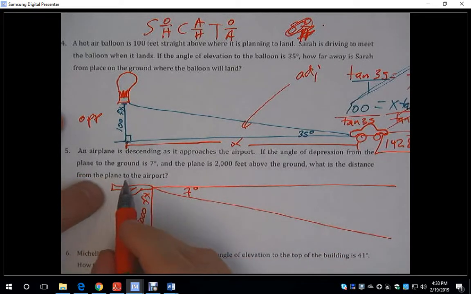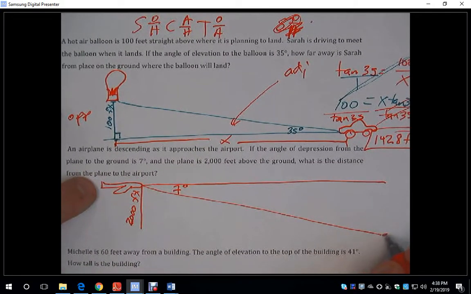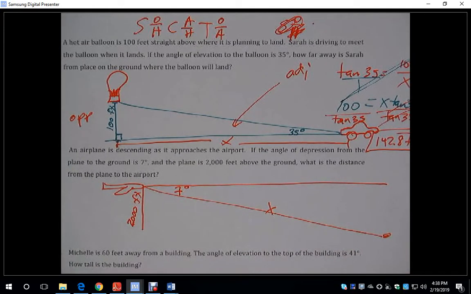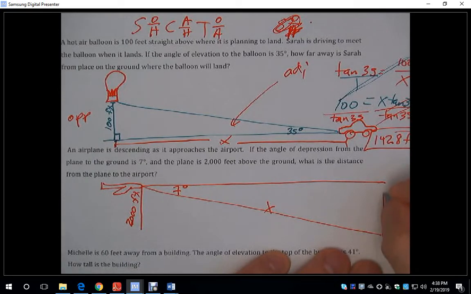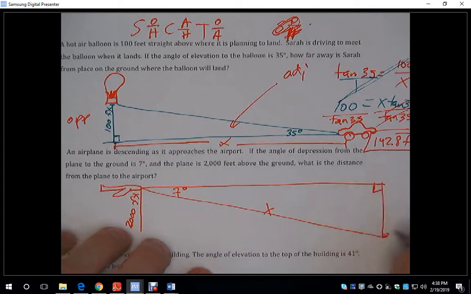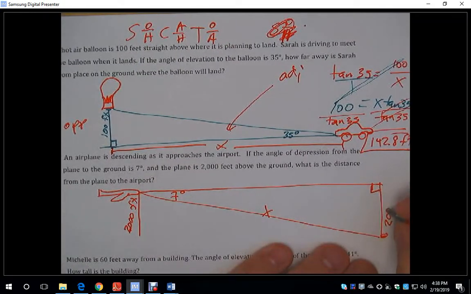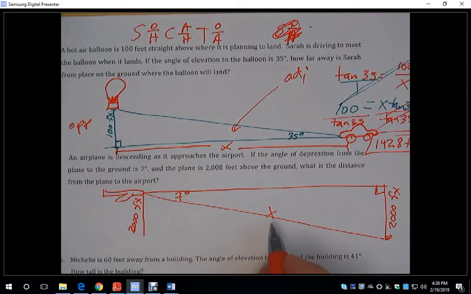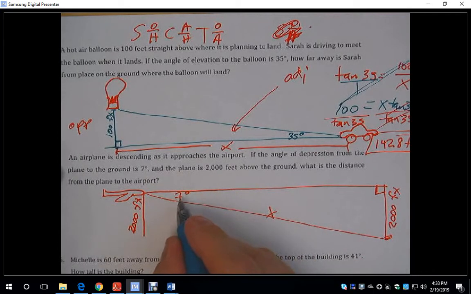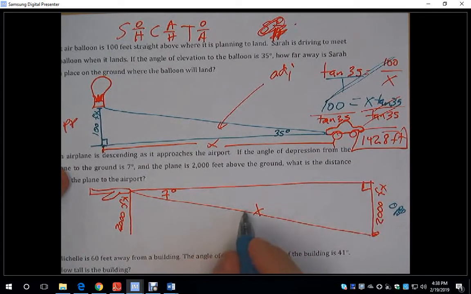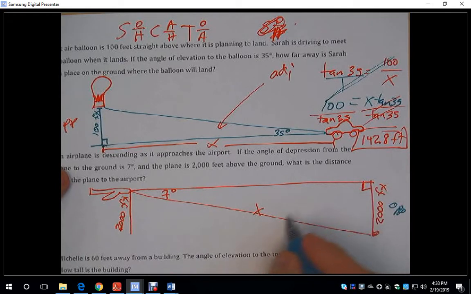What is the distance from the plane to the airport? So our airport's over here. I want to know this distance from the plane directly to the airport. Now, where's our right triangle? Well, we can construct a right triangle here. This height here is going to be the same as the plane over here, so this is 2,000 feet. And I need to incorporate x. So from my perspective, from the angle of 7, 2,000 is my opposite. And the x, that's opposite my 90 degrees, the longest side of my right triangle,